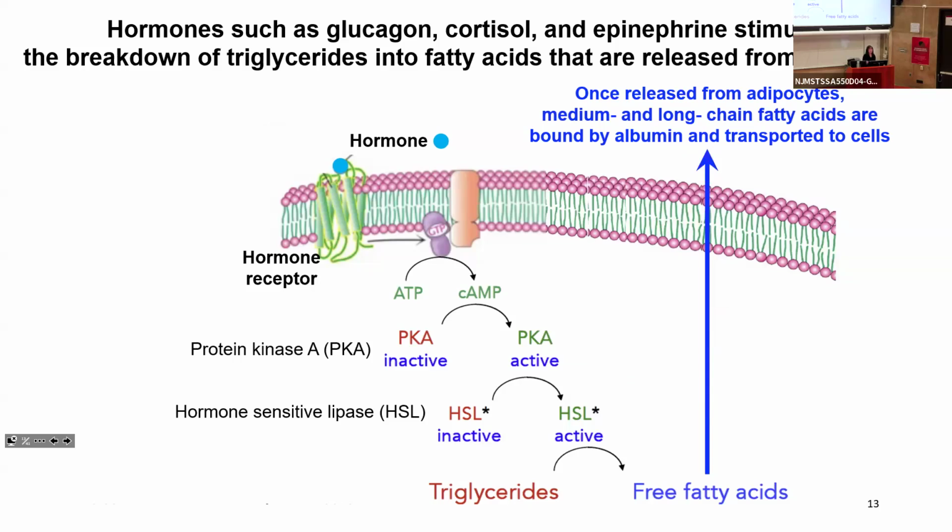So if you have a medium chain or a long chain, then you have to bind to a protein in order to get around in the blood, okay? And because they're hydrophobic, they don't really mix with the aqueous extracellular space, the serum or the blood. And so they will bind to a protein which is called albumin. Albumin is the most abundant protein in our blood. So it's there for this purpose, so that it can bind, for example, to triglycerides and ferry them throughout the